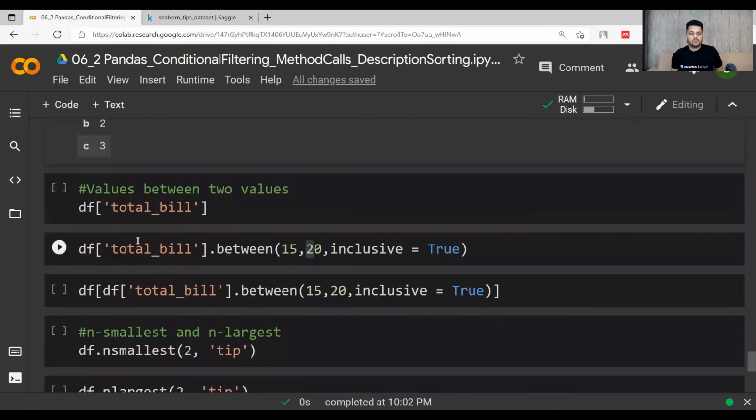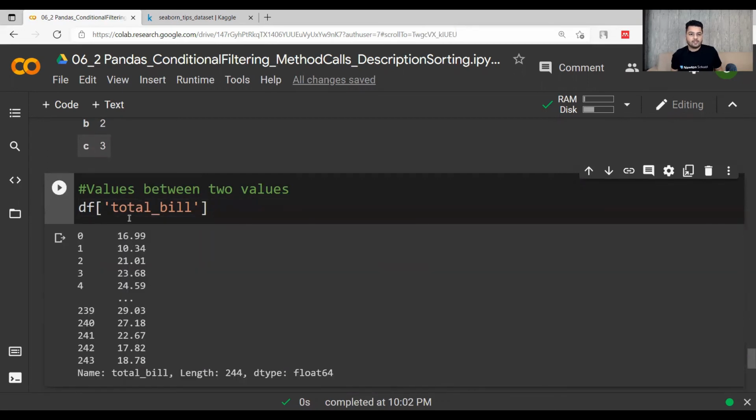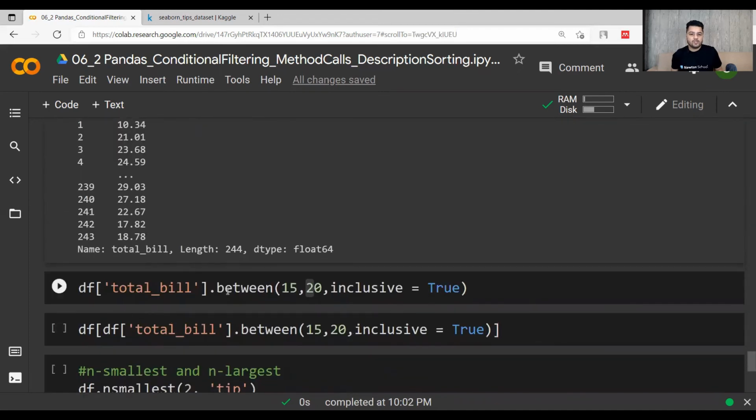Now let's print all the values of the column df total bill where a range of two values is being given. Within this total bill column I want to get the rows in which 15 comma 20 is the range, and inclusive equal to true means that I want to include the 20 also.